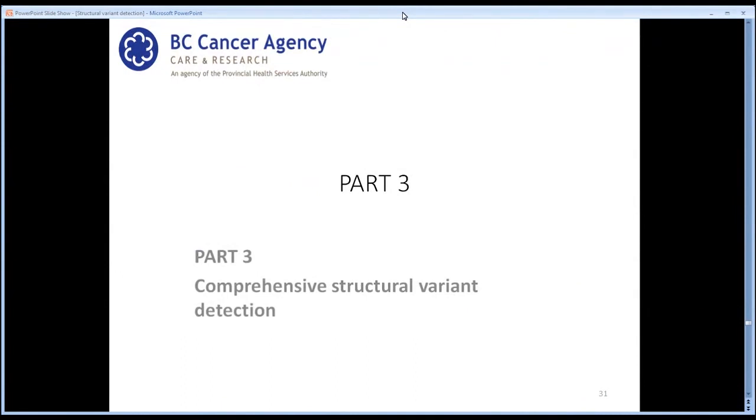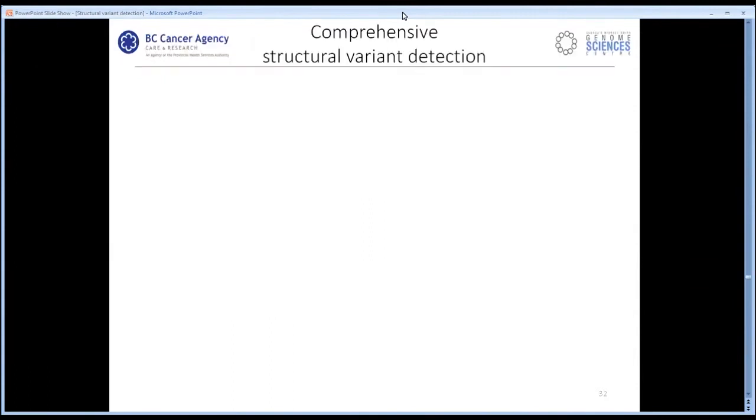So moving on to part 3, this is going to summarize some of the conclusions that we've made having analyzed thousands of samples for structural variant detection. Comprehensive structural variant detection for us involves multiple tool input. We've found that we can improve our sensitivity and specificity by using many different tools as input for our structural variant detection. This leverages their advantages and enables us to look more specifically and with better sensitivity at rearrangements in